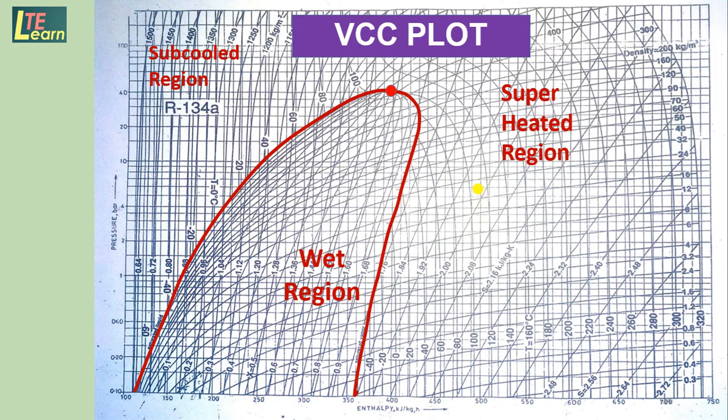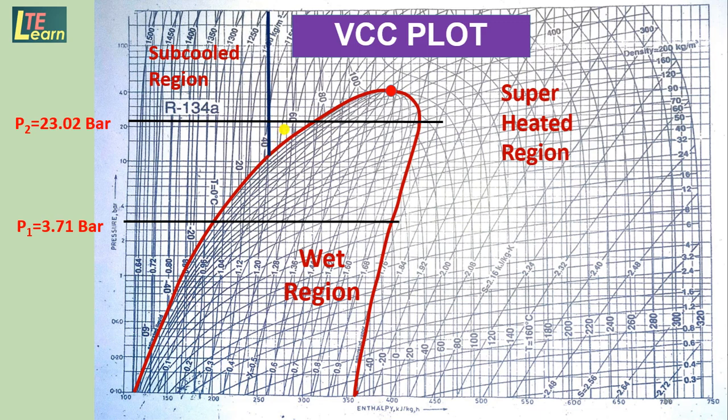Now let us see the procedure of plotting vapor compression cycle on this chart. First of all we take here P1 pressure which is calculated and draw the horizontal line. Then we take discharge pressure of the compressor in bar. For that also we plot the horizontal line. So here we get these two lines. Now this is a liquid saturation line. On this line we locate the condenser temperature. So we take from the observation table